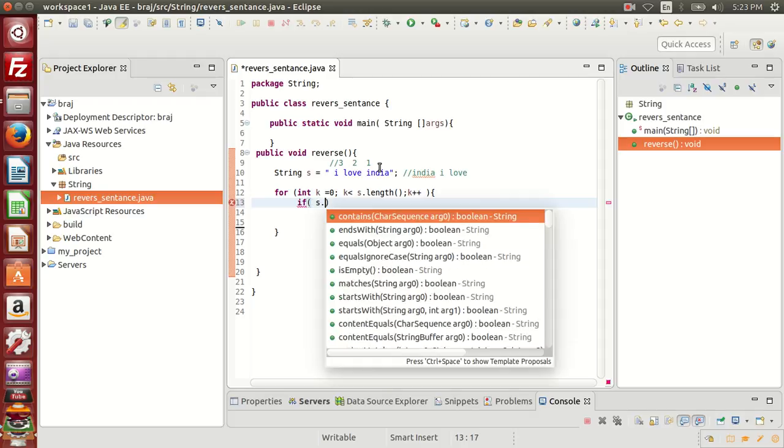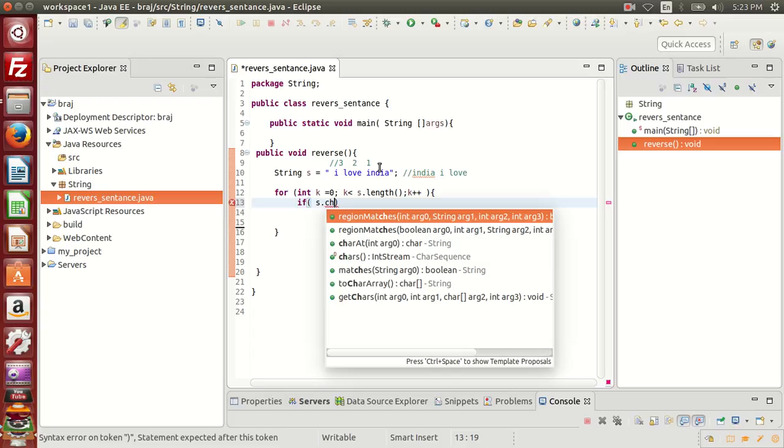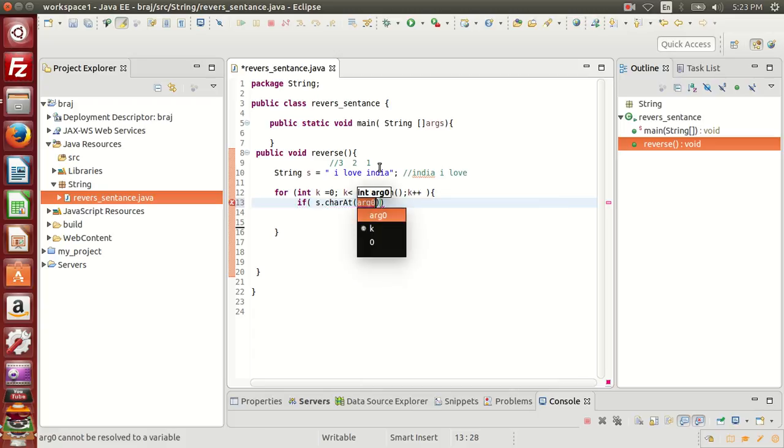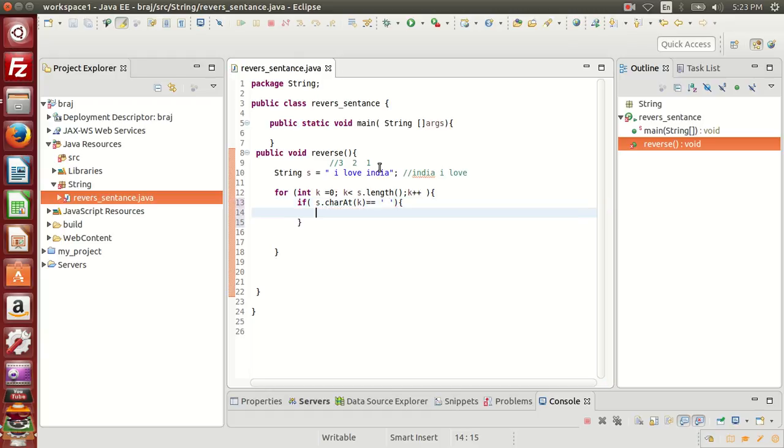So here I will write the condition: if s dot character at k equals to blank. Initially k is 0, so we will see whether s dot character at k is blank or not.